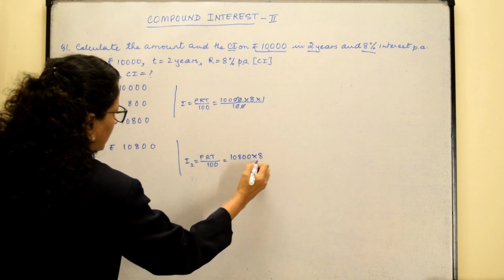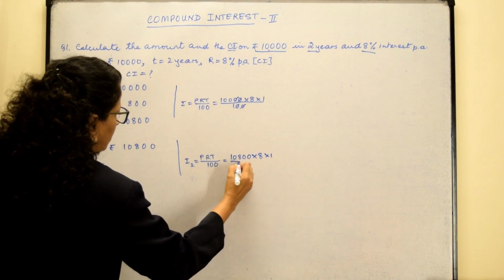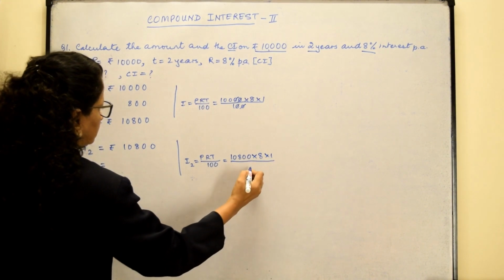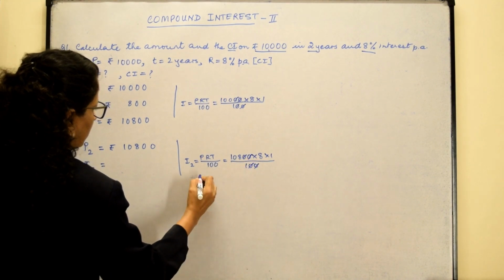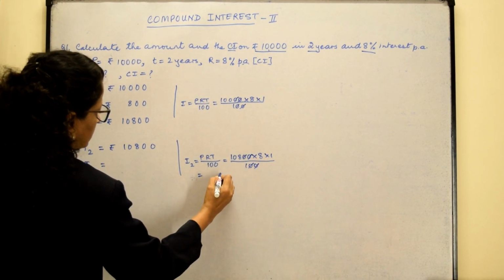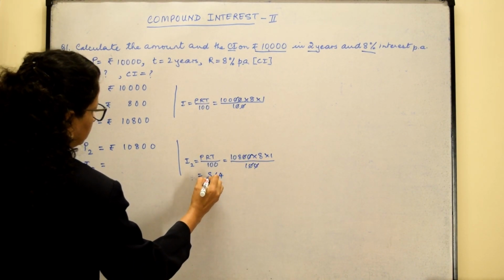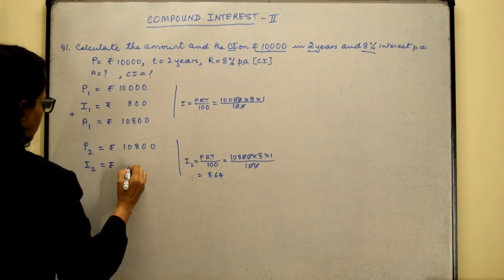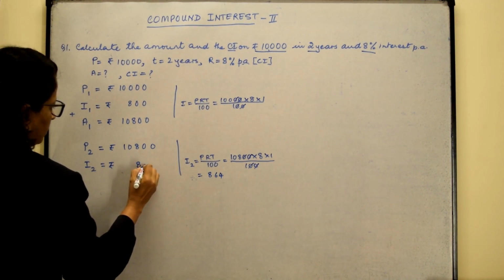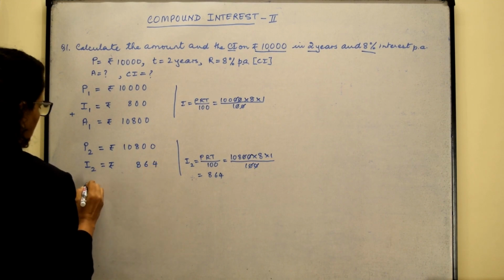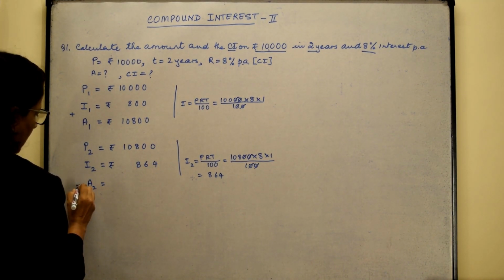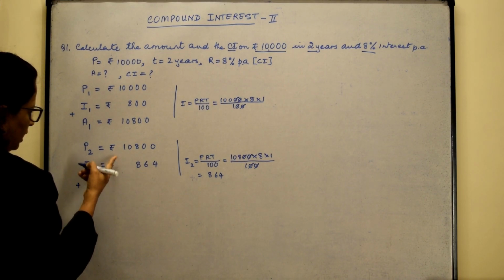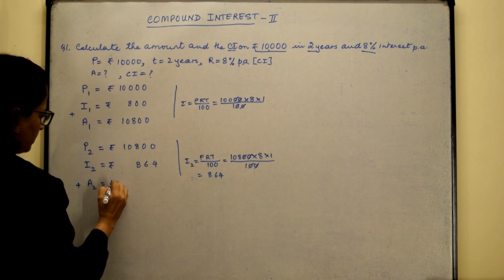Multiplied by rate is 8. Time for the second year is again 1 year, and that upon 100 will give us 8 times 108 is 864, and we will have rupees 864. And then our amount after 2 years will get added up, the interest getting added up to the principal,